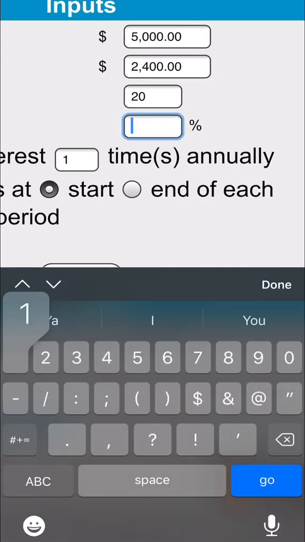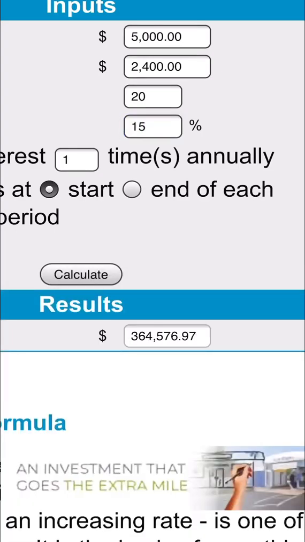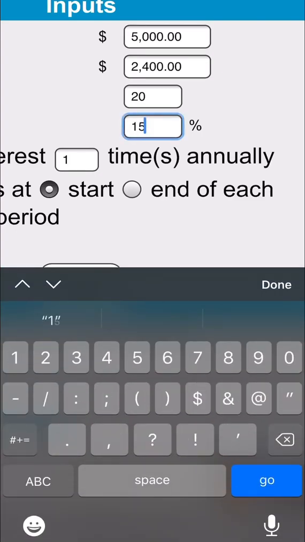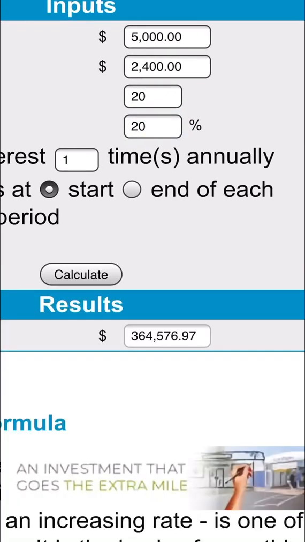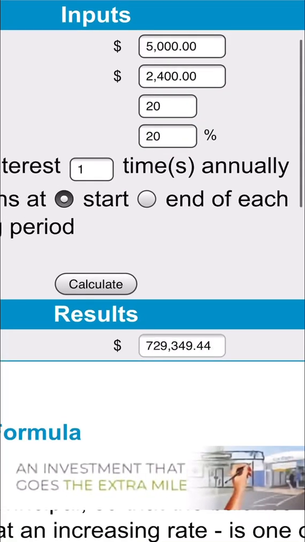Let's actually redo it to see exactly how much. Wow. It's almost $500,000 just off that extra 5%. Do you see how important that is? So stepping up from 15 to 20% is very, very important, because instead of $364,000, as soon as you step up to 20% a year, now look at that,